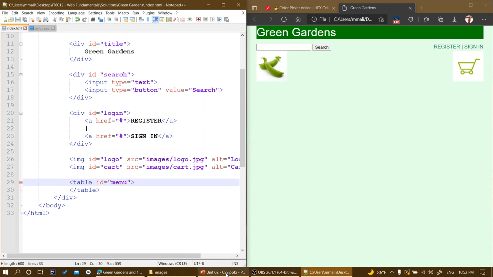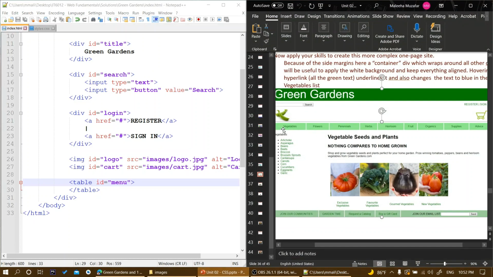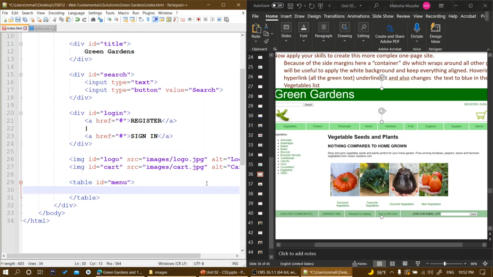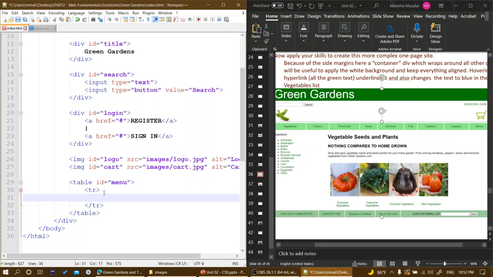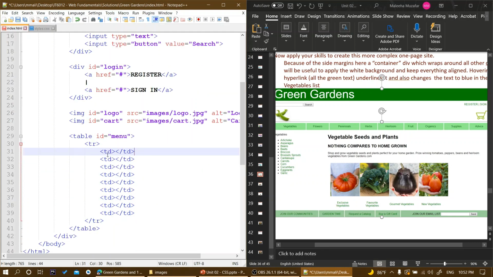Now, if we notice the screenshot, it is just one row, okay, and it doesn't have any headers. So for that, you just add within the table one row, and then however many values or cells are required. So in this case, it's 1, 2, 3, 4, 5, 6, 7, 8, 9. 9 cells. So you would have 9 TDs. So 1, 2, 3, 4, 5, 6, 7, 8, 9. I pressed Control and D. Control D will just duplicate the lines. So here the first one is